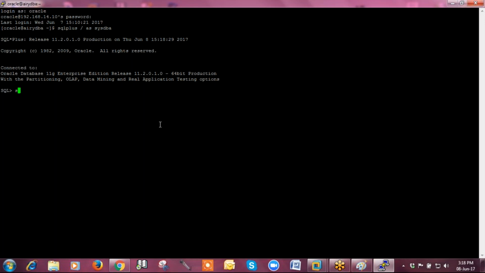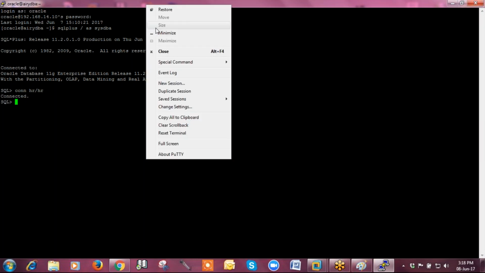So here you can see, I am writing select, connect HR. Am I visible properly, or should I increase the font size? No, that's fine.